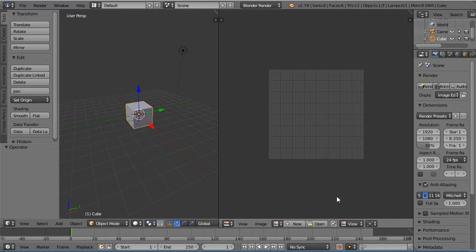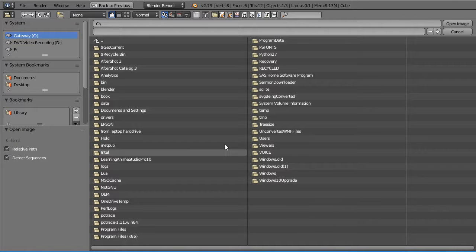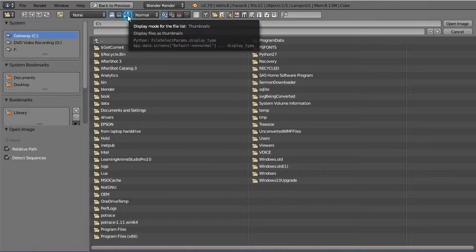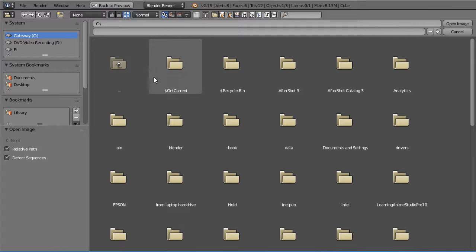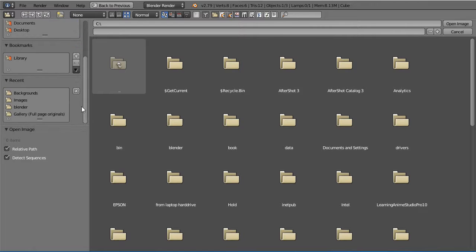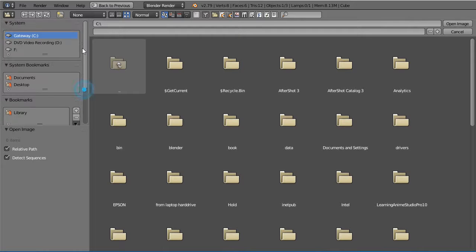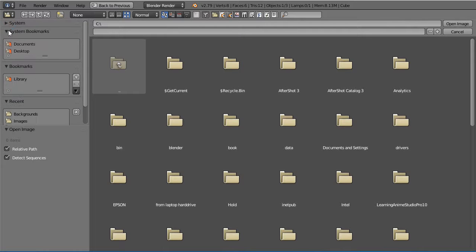So we can go ahead and put a texture in there right now. I'll select Open, and underneath here you can click this button right here. It shows thumbnails if you want to see the thumbnails. If you've already found an image or a directory that you want, you can bookmark it, and you can also look at the recent images. You can also collapse these